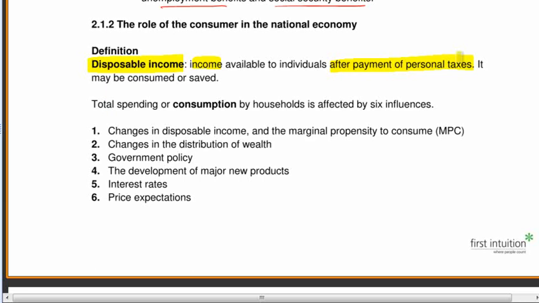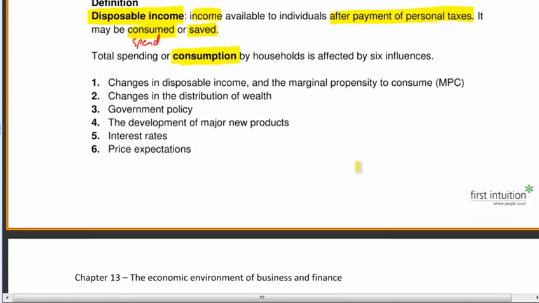Now, what do consumers do with disposable income? Well, a big proportion of it they spend or consume. So we spend it on goods and services. The other choice we've got, of course, is to save it and maybe use it for consumption in the future. So this word consumption, this is expenditure by households. So forget the government sector now, this is expenditure by households. Now, what affects the level of consumption, the level of expenditure by households in the economy?